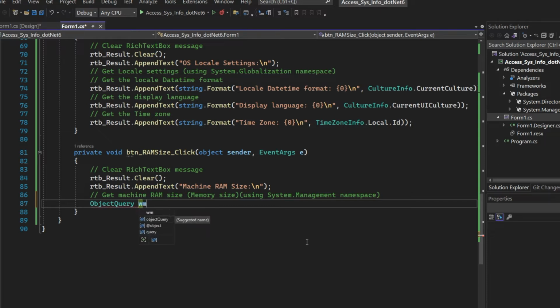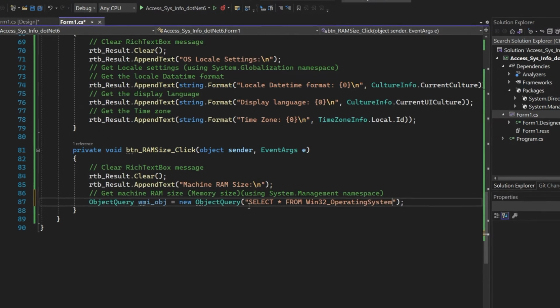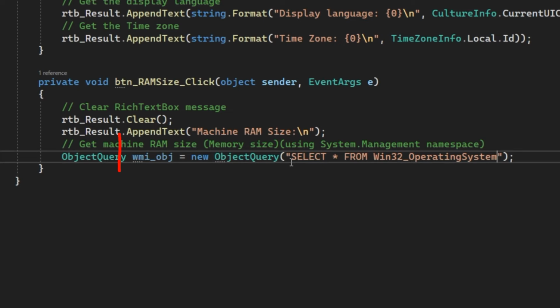We name the variable WMI_obj equals new object query, and then we pass in the parameter. Actually, we pass in a SQL statement: select asterisk from Win32_OperatingSystem. I name this variable WMI object.